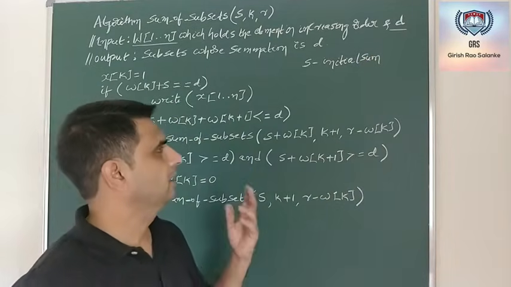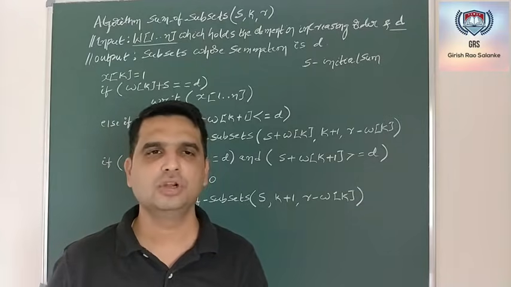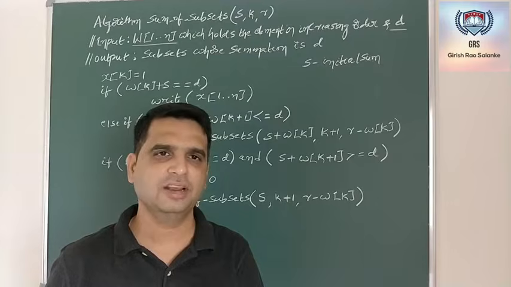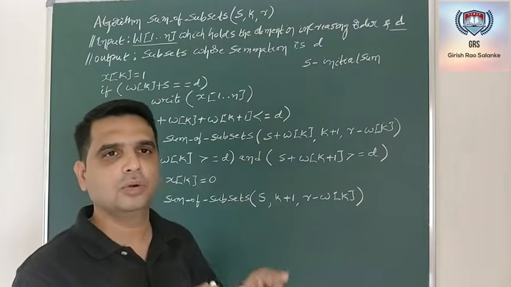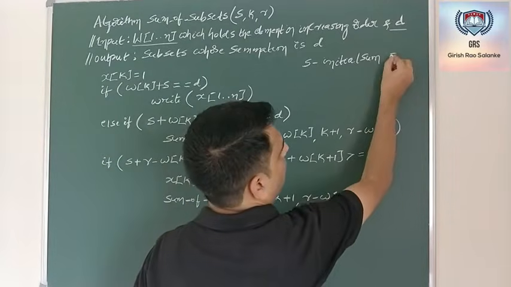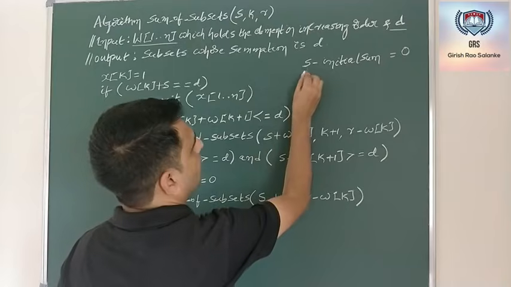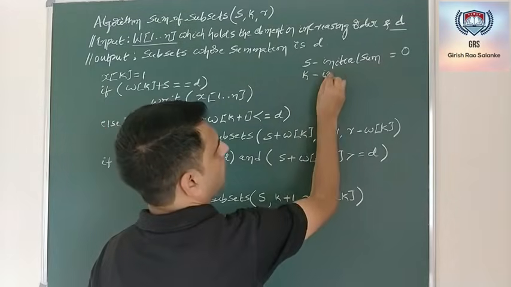If you do remember, in case of constructing the state space tree, I have used 2 integer numbers in each of the nodes. The first integer number was this sum. So what was the initial sum? If you remember, in case of the root node, I have stored a value of 0. So this is the initial sum. Now what is K? The second element is K. K is the index of the element.